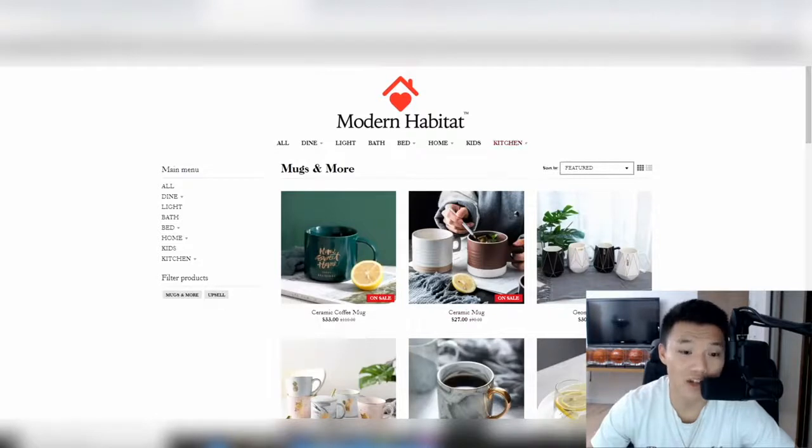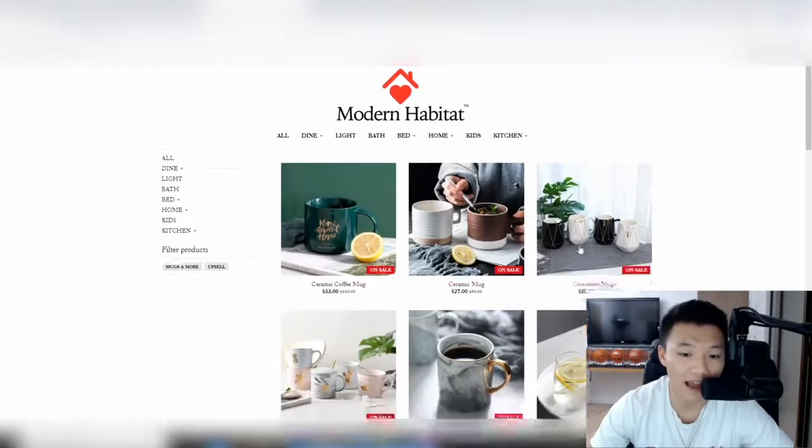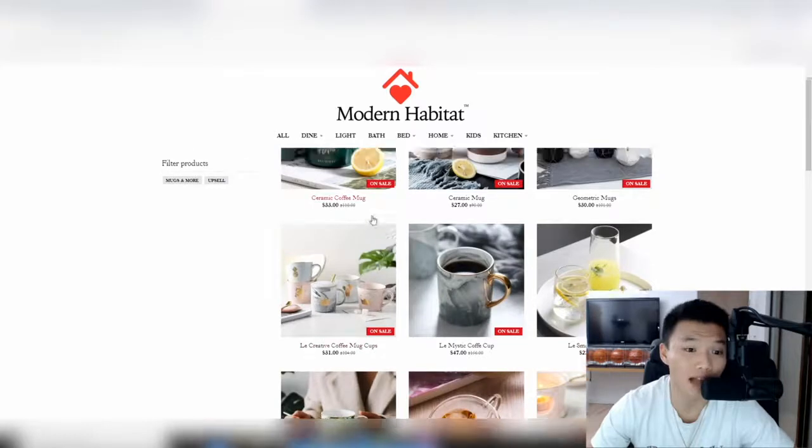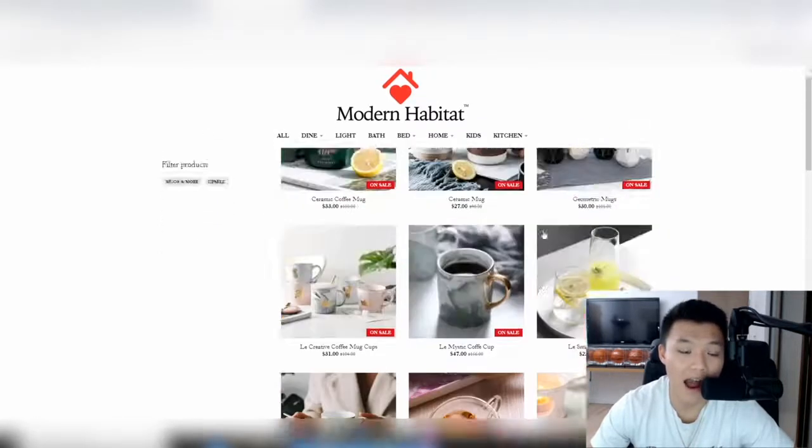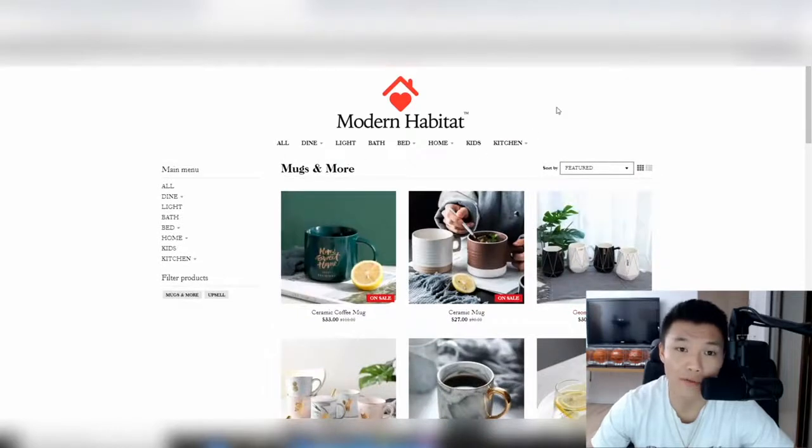And keep in mind, I don't know what my best sellers are. My guess is they're going to be mugs, and my guess is also the lifestyle images for home stuff is going to sell a lot better, which is why I prioritized it this way. So now let's do it for the bigger collection, which is going to be dining, right? Click on this one,